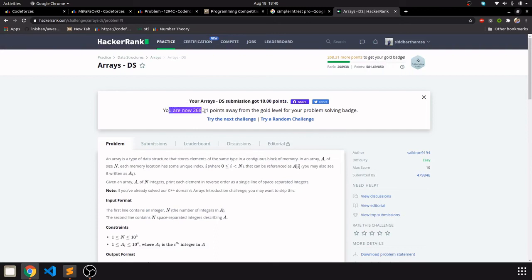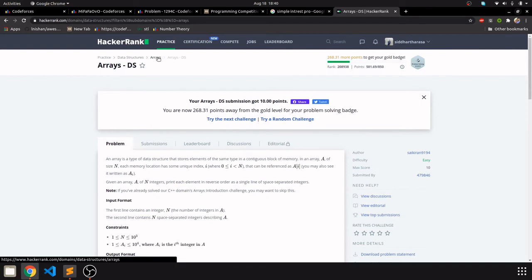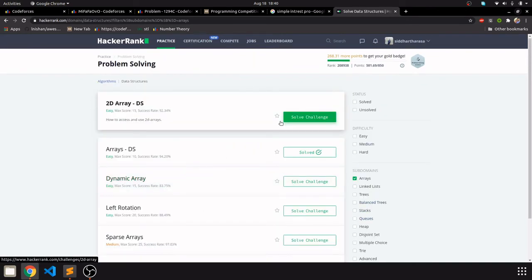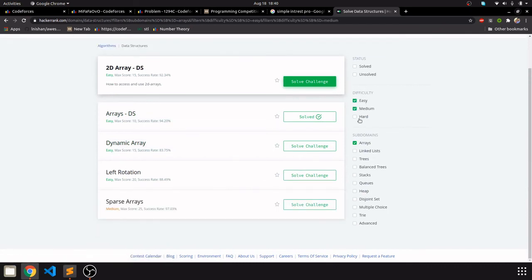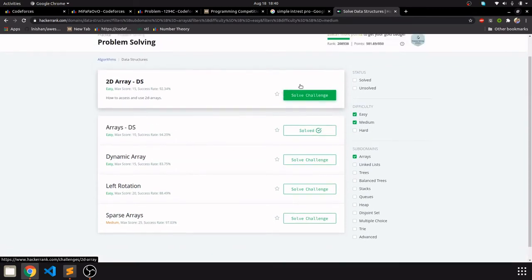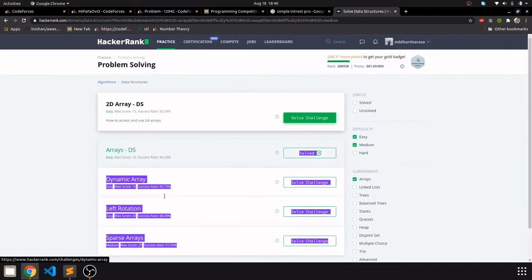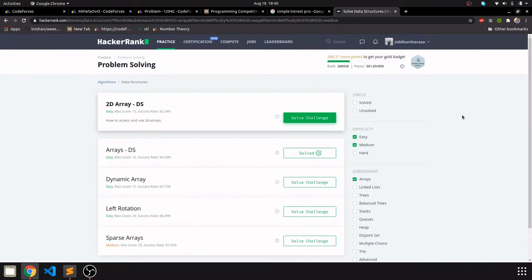So okay. The first thing is that you need to try from the starting. Data structure arrays, then go on solving these problems. Then if the easy ones are done, go to medium, then hard. This is a beginner friendly site. Now, after I assume that you have done the basic 2-3 problems in this, see now left rotation,